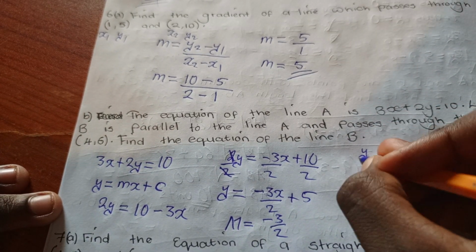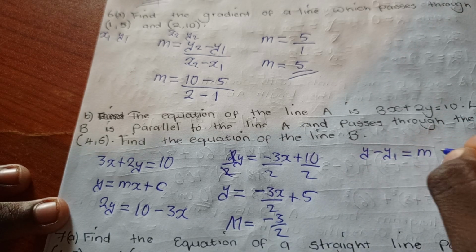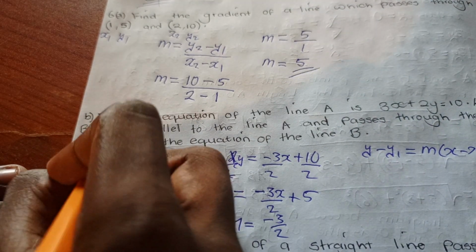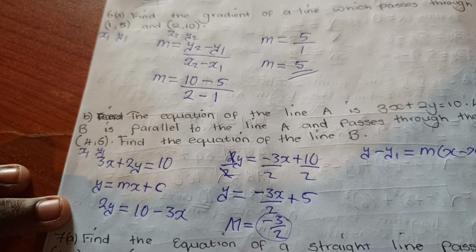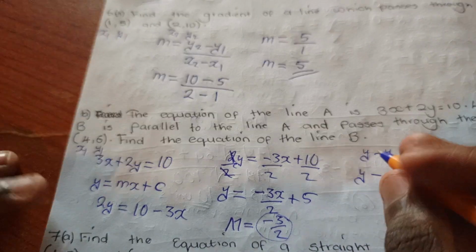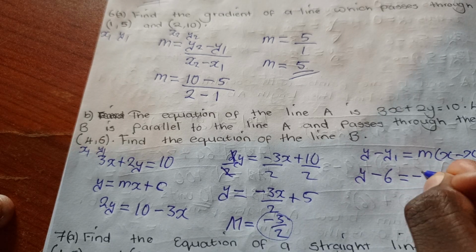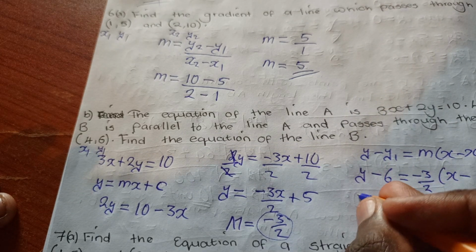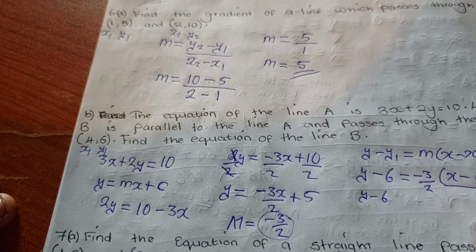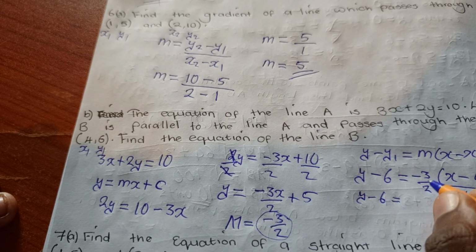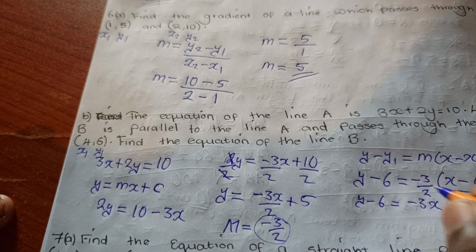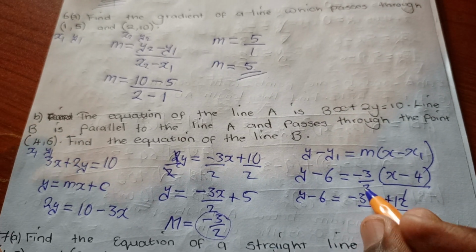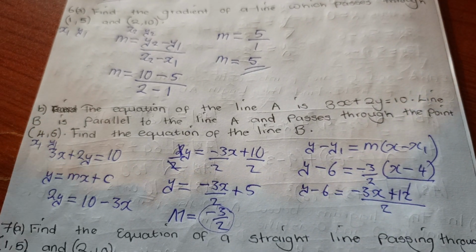So we just use this equation, y minus y1 is equal to m times x minus x1. So we can label this as x1, y1, and our gradient is the same. So y minus our y1 is 6. Our m is negative 3 over 2. X minus 4. So we have y minus 6, so this is over 1. So multiply this. So negative 3 by x, that's negative 3x. Negative 3 by negative 4, that's positive 12. Over 2 times 1, that's 2. So this will be,